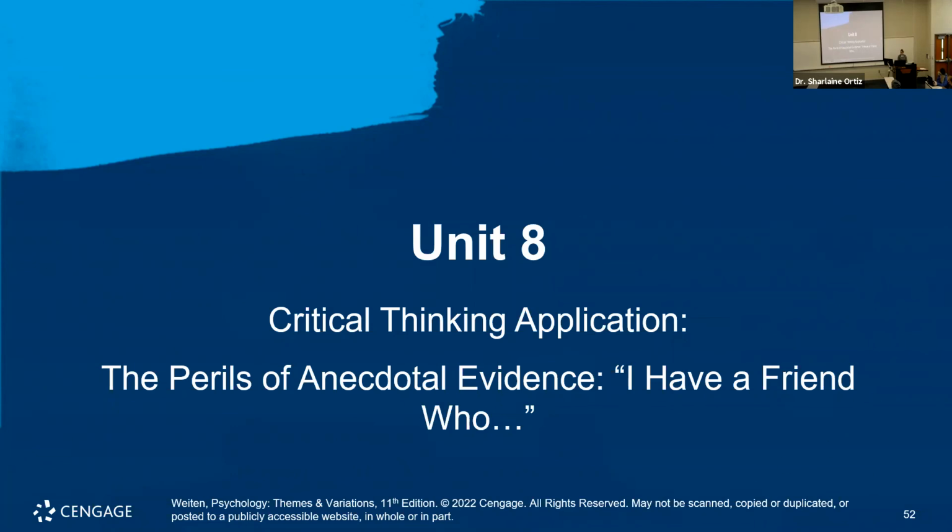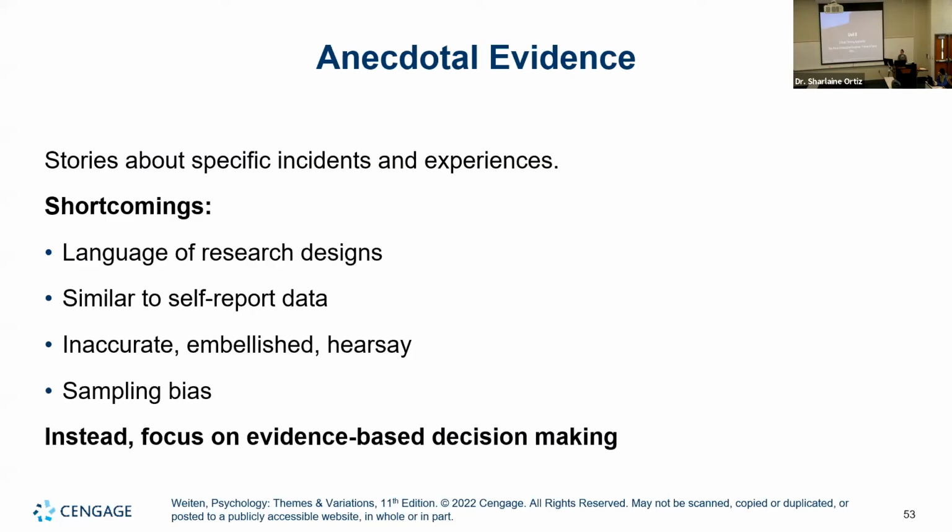Now we talked about the methods that we utilize, whether it be naturalistic observation in investigations in psychology, experimental research, or quasi-experimental research. But there are other means you use to inform your decisions. What do you know, what you know? Well, first and foremost, a lot of people use anecdotal evidence. What is that? It's simply a story about a specific event.